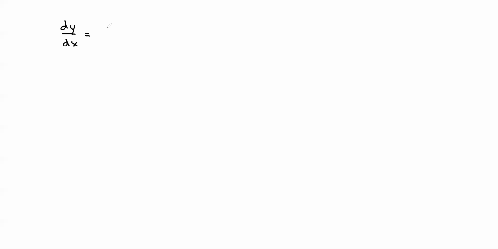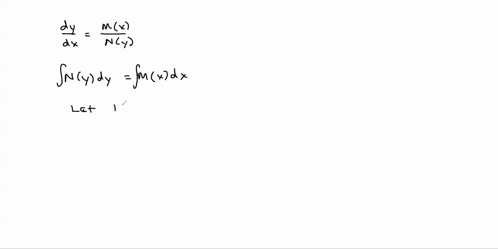So if we had dy/dx equals m of x times n of y, we could move the y's over and the x's over, and we'd get n of y dy equals m of x dx. And then we could just toss in integral symbols. And then we could go ahead and say, let h1 of x be the antiderivative